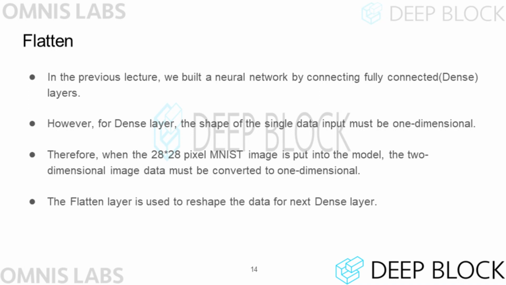However, the MNIST image we're going to input into the model consists of 28 by 28 pixels. Since color information in 1 pixel is also expressed as a single number, the image given as input to the model is two-dimensional data. Therefore, we cannot put MNIST image data directly into the dense layer. Thus, each row of two-dimensional data must be flattened into one row. The layer that converts multi-dimensional data into one-dimensional data is called the flatten layer in Keras.